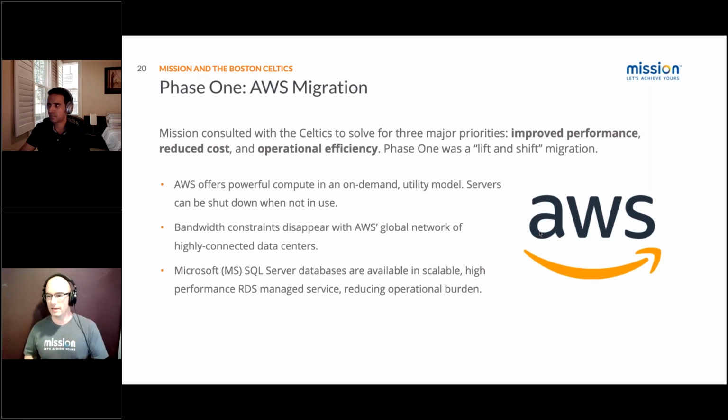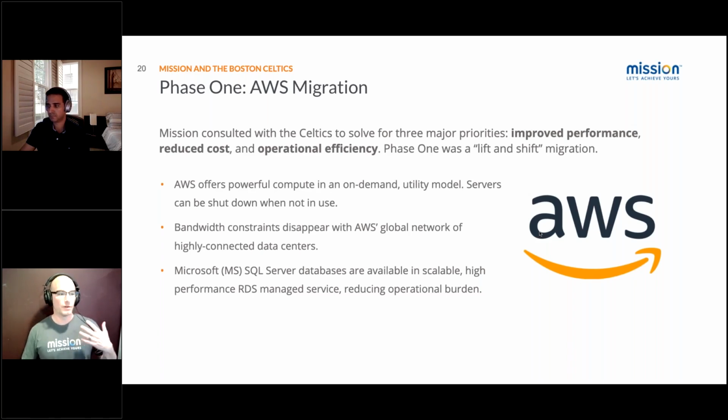Additionally, you start looking at managed services. I know it says MS SQL here, but any of the managed services at AWS start reducing your operational overhead so your developers can concentrate on developing, your application folks can start concentrating on what they're supposed to do instead of some of that maintenance and management burden that goes with having your traditional model of infrastructure.